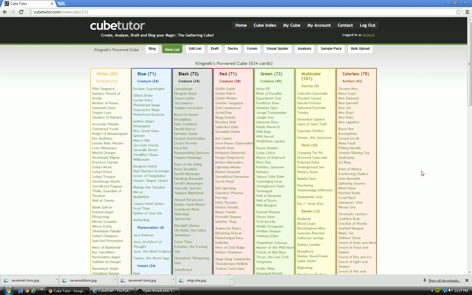This is the website CubeTutor that I've been using to do a ton of fake drafts recently, and it's been a blast. I've been telling all my Cube buddies about this site and a bunch of stuff on MTG Salvation forums as well. But overall, this website, even though it's only a couple months old, has been a big success as far as being able to do some just free cube drafts and being able to build the decks as well. I think it's taught me a lot as well about how to build the decks, not just the drafting